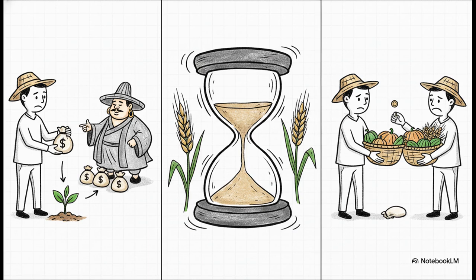And that trap directly fuels what's known as the distress sale. Picture this, a farmer borrows from a local trader just to buy seeds. Harvest comes, the loan is due, and they desperately need cash. Since they can't wait around for favorable market conditions, they are forced to hand their crops straight over to that exact same trader at rock bottom prices. It's just this vicious closed loop of debt.